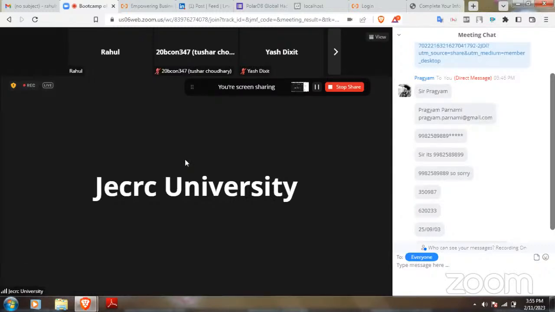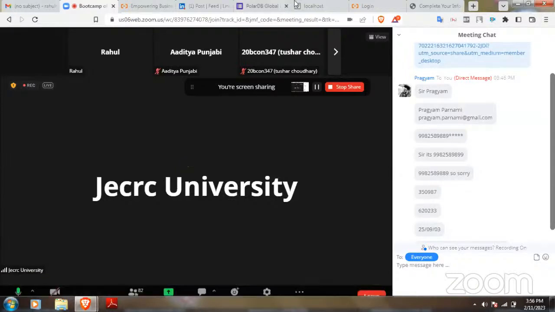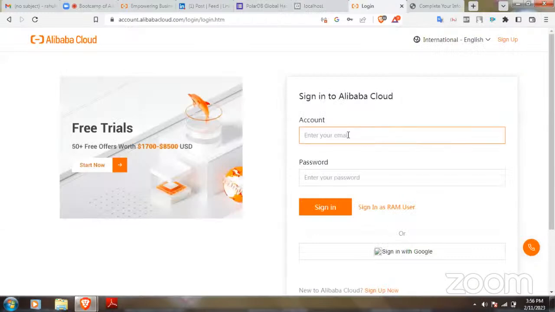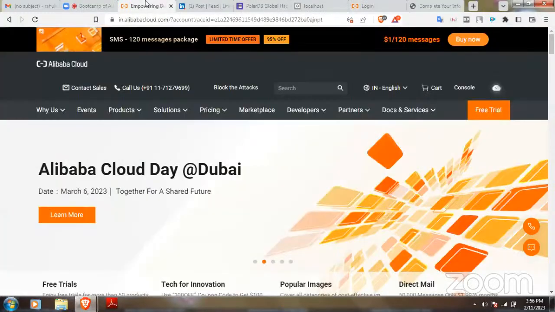Because without it, it will ask you for something like 1700 US dollars to create an instance to store your data up to 100 TB for 3 months, right? We don't want you to pay even a single penny to them. That's why it's very important to verify your student status. For that purpose, we need your college ID to get verified. So anyone who has created their account using their college ID, I'll quickly log in from that account and show you how to create the instance.